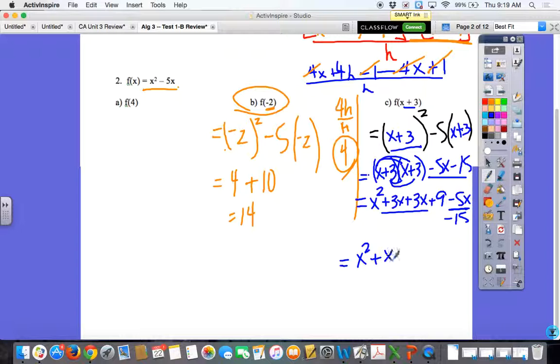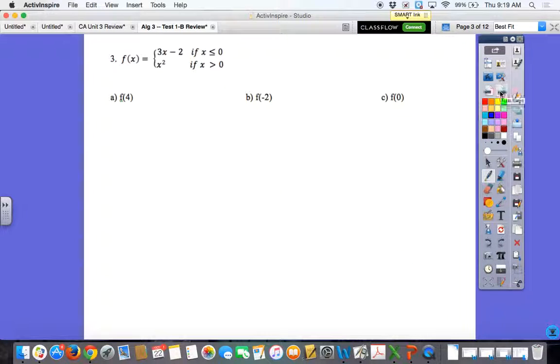Put them together, we have a 1. If you put the 1, it's no big deal. And the 9 and the negative 15 is negative 6. Okay? Moving along, you do have to worry with one piecewise function, but remember it's all based on which one